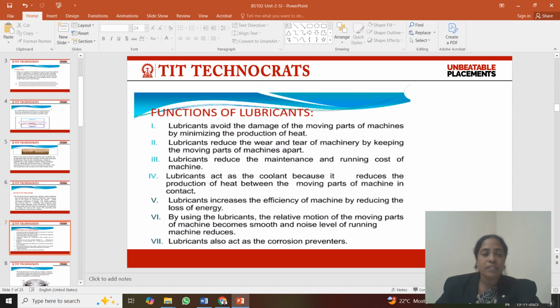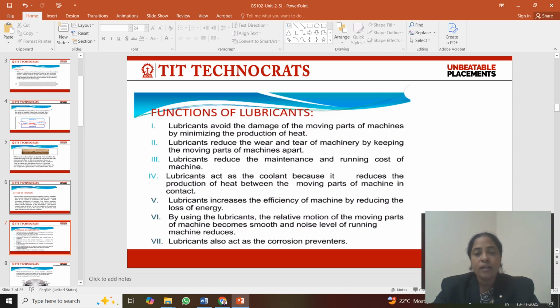Here now we discuss the basic functions of lubricants. Students, as you know, lubricants are an important and necessary substance for machines. There are 7 important functions of lubricants mentioned here, which are described for machinery parts. The first and foremost function of lubricant is to control friction over the machinery parts, or in between the